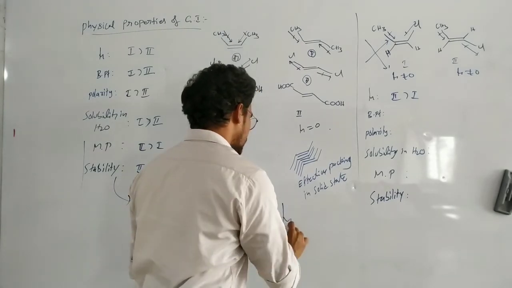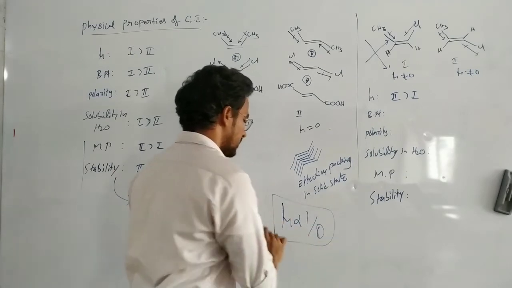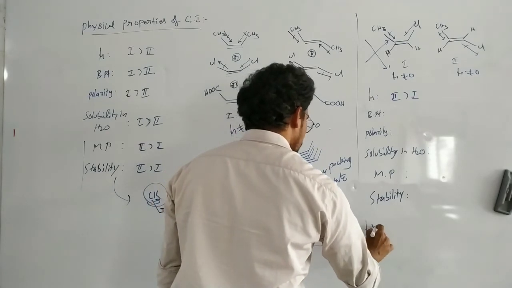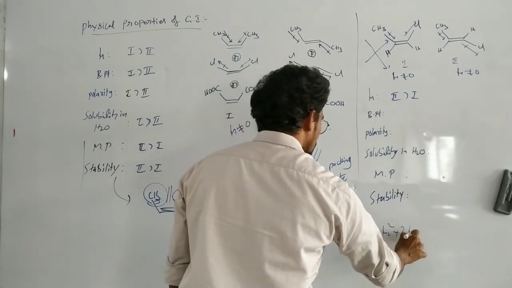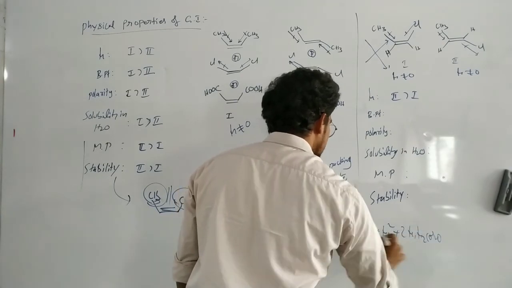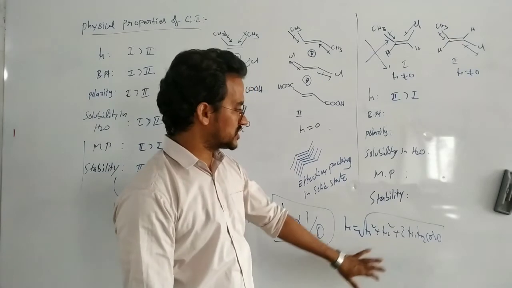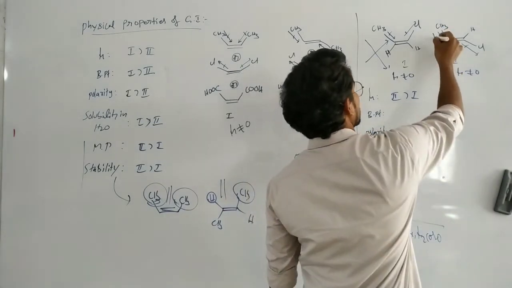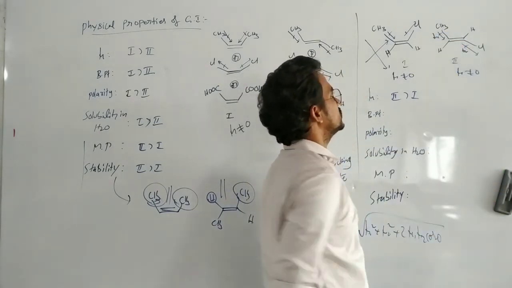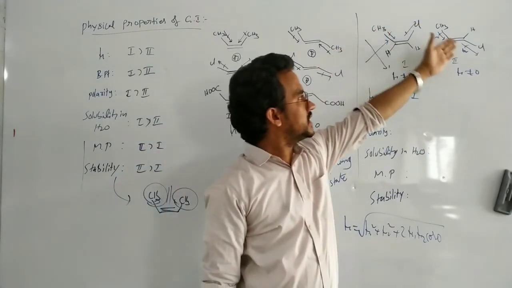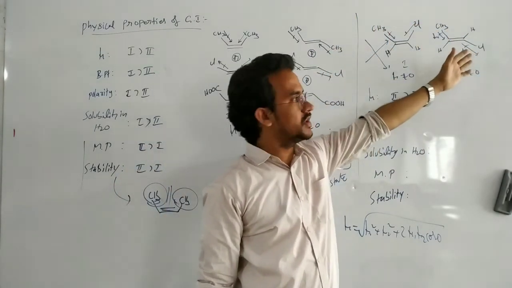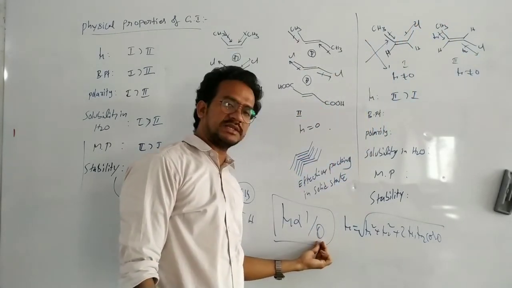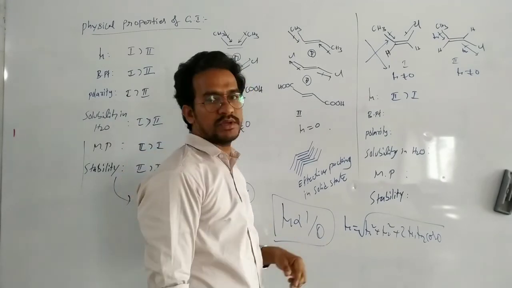Of course, we know that the dipole moment is inversely related to theta, because mu equals the square root of mu1 square plus mu2 square plus 2 mu1 mu2 cos theta. We discussed this in chemical bonding under dipole moment. So in this case, it is mu1 and mu2, so addition takes place here. Theta is, sorry, 0 degrees, so the dipole moment is higher. So the lesser the angle, the higher the dipole moment.